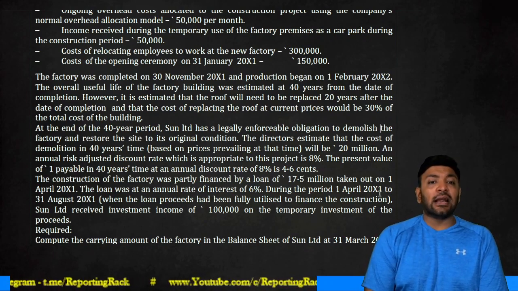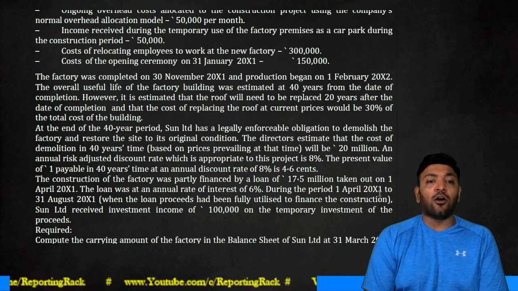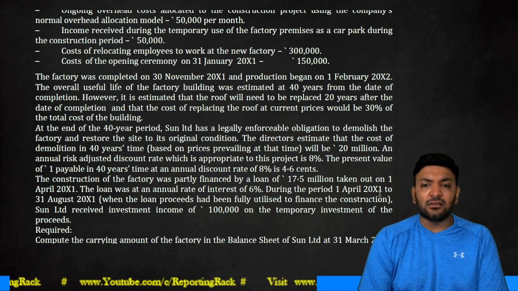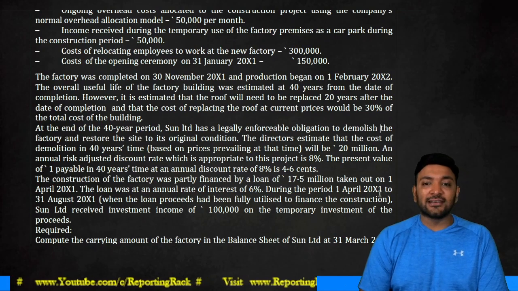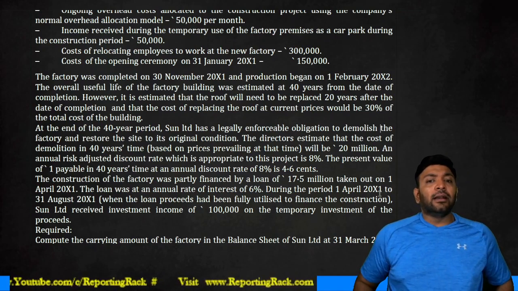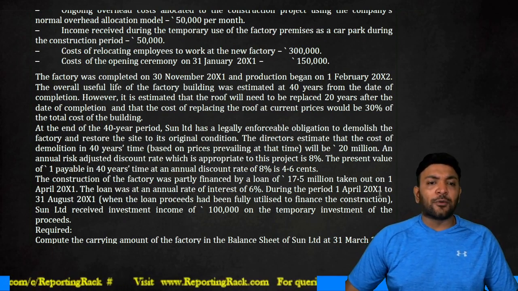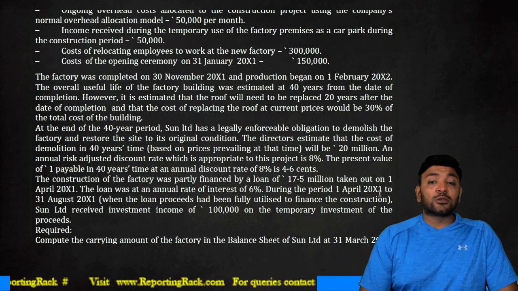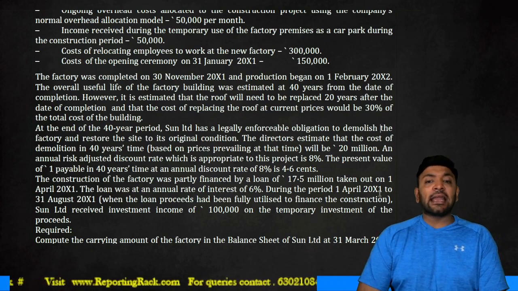An annual risk adjusted discount factor is 8% and the present value factor of 40 years at 8% is 4.6 cents. I'll calculate, guys, but I think it is 0.46. Yes, I think it is 0.46. The construction of the factory was partly financed by a loan of 17.5 million taken on